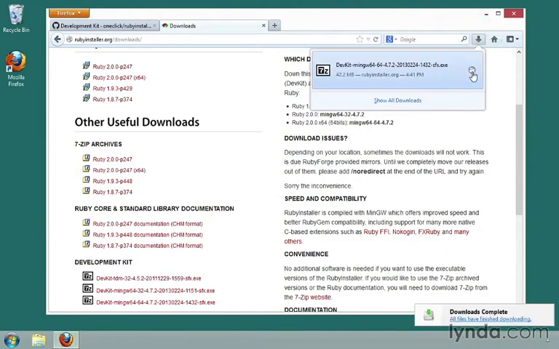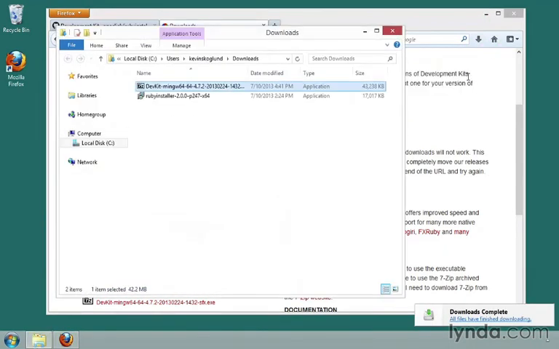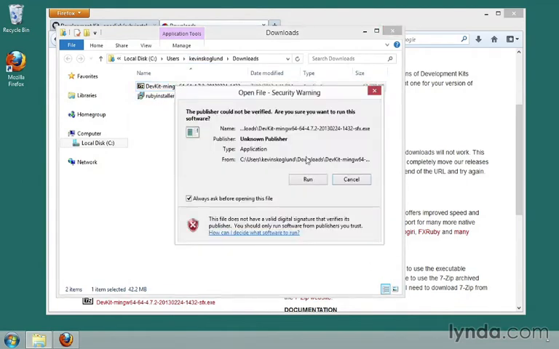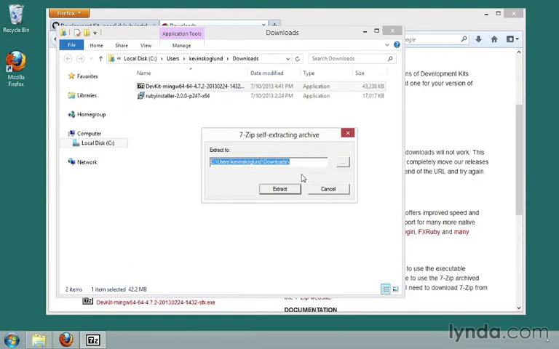When it's done, we can just click on this folder, and it will open up our downloads folder where we can see it, and then we can just run it. It says, would you like to run it? We'll say yes, that's okay. Where would you like to extract it to? Now this is a very important choice because by default, it's going to extract all of these files into my